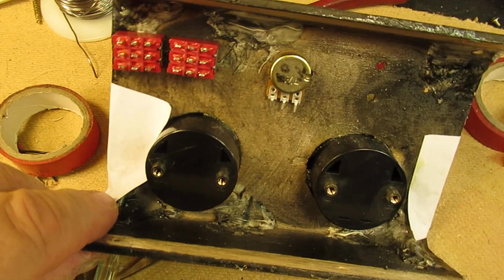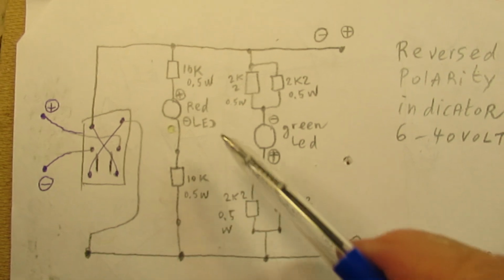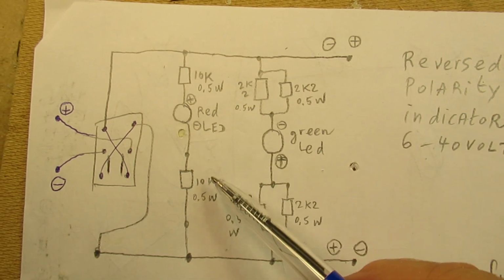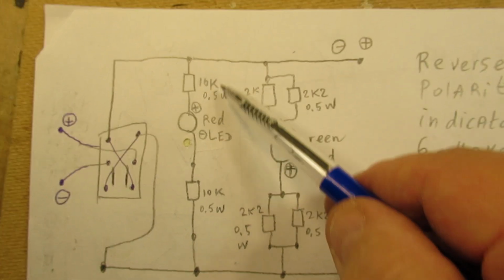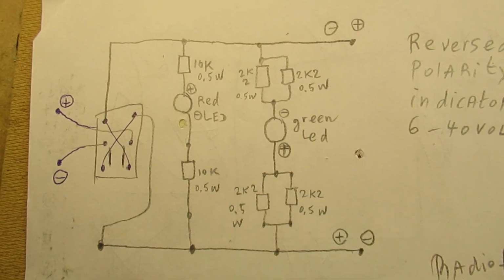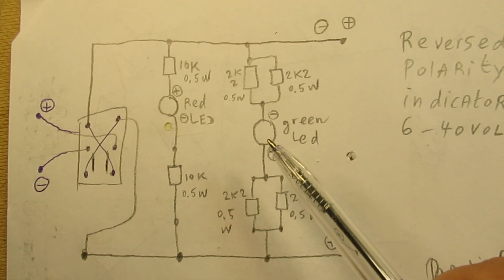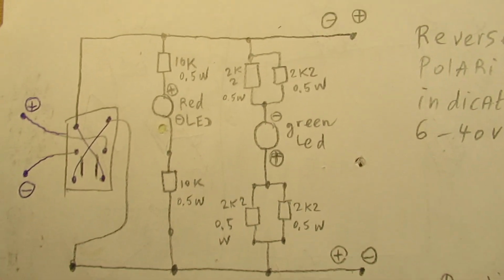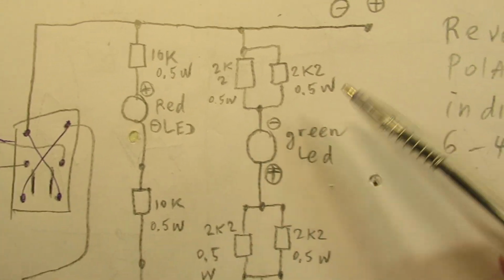It has to work between 6 volts and 40 volts. And of course we know that light emitting diodes need a constant current, but when the voltage goes higher and higher, the current also will go higher and higher. But I did not want to make a very elaborate circuit, I wanted to keep it as simple as possible, so I used only fixed value resistors here. Anyway,